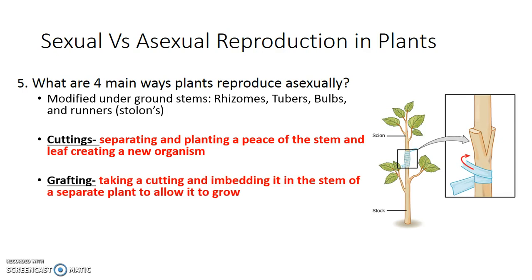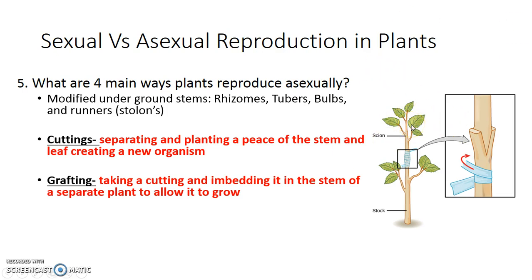Grafting is a version of cuttings, only now the piece that you cut off of a plant won't root by itself. So instead, you take that piece and you jam it in a similar plant, a pre-rooted similar plant. And usually, if these two plants are similar enough, they'll fuse together. You'll have the genetics of the root stock on the bottom and the genetics of the plant that you wanted on top, and all of a sudden, you have basically an asexually reproduced plant growing out of another asexually reproduced plant. You have a version of cuttings that originally this piece of it, the upper piece of it, wouldn't root.